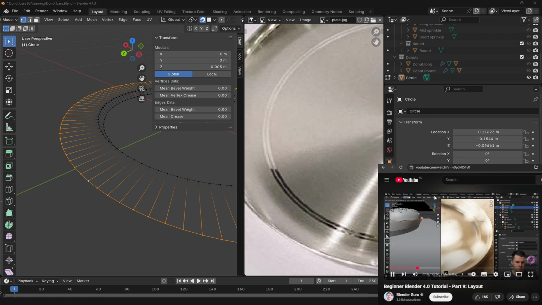I'm going to hit E to extrude again, but I don't want to